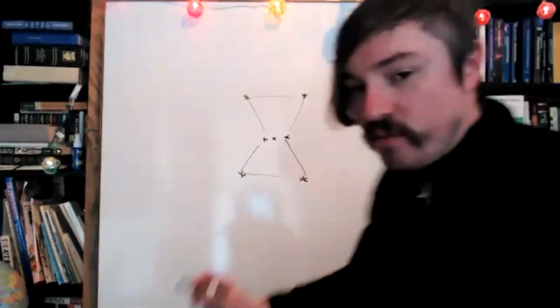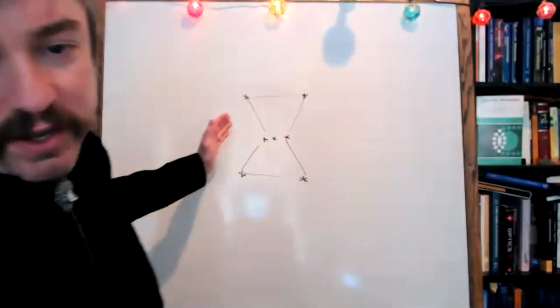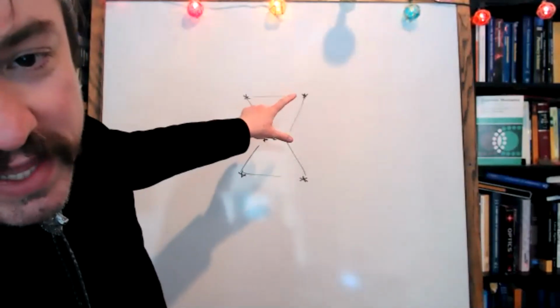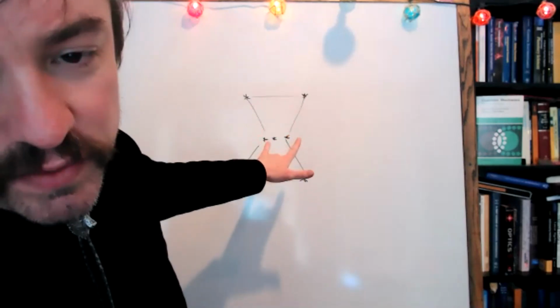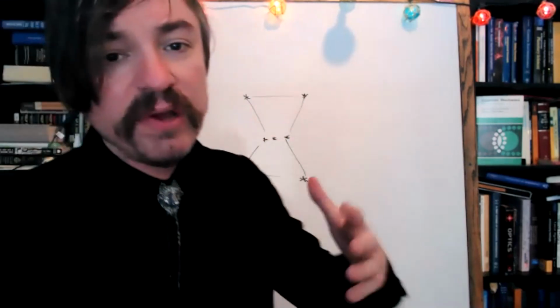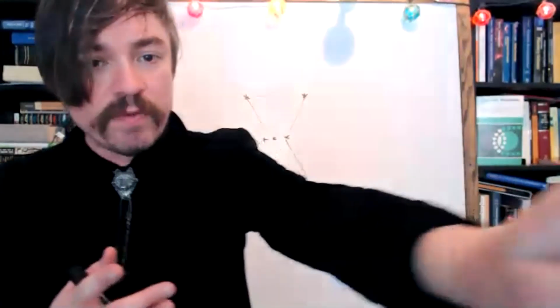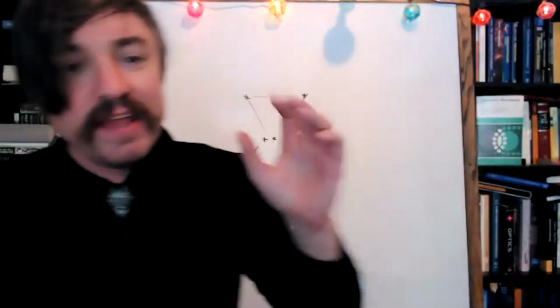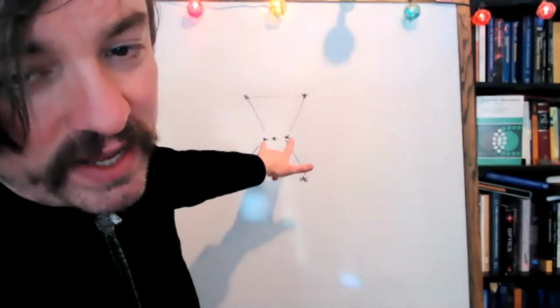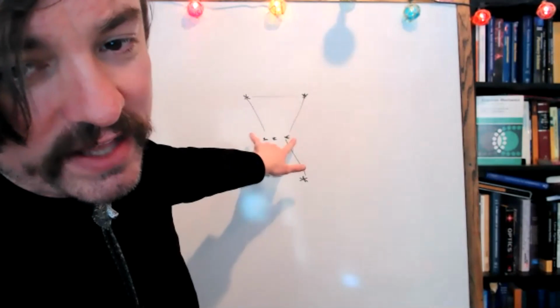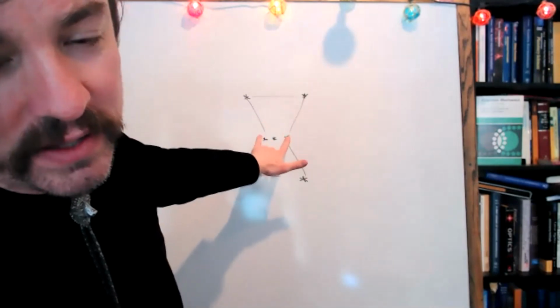His argument was that when you look at your favorite constellation, like Orion, the relative relationships between the stars never seem to change. These three stars in the belt, and by the way, you guys should realize that when we see stars in the sky, we see them as angles. Remember that your outstretched finger subtends 1 degree. I would guess that there's probably a 5-degree angle or so between the end stars on Orion's belt.